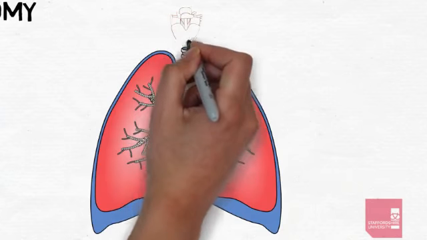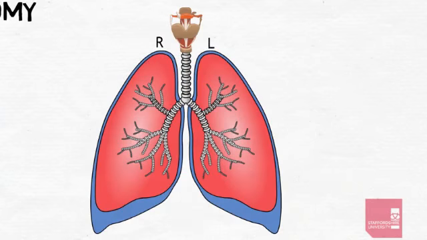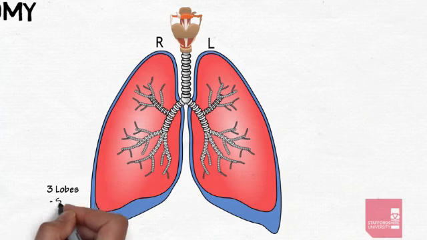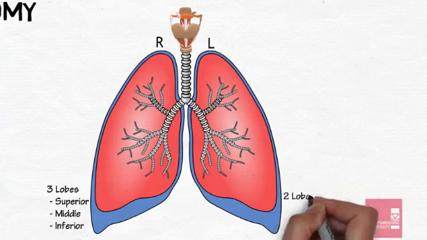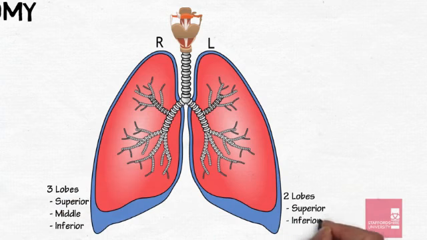The lungs themselves can be split into left and right lungs and are each divided into lobes. The right lung consists of 3 lobes, superior, middle and inferior. And the left lung consists of only 2 lobes, as it's smaller due to the relative position of the heart